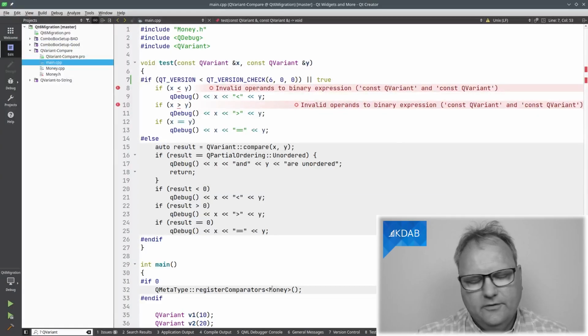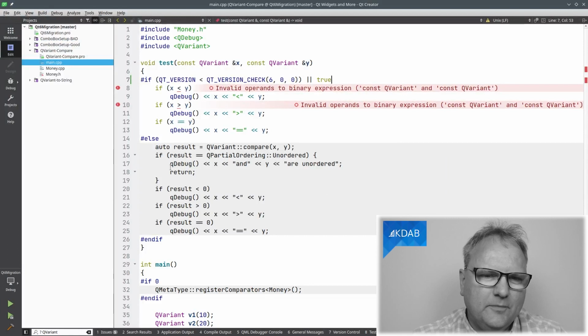Okay, I admit I am smoking a wee bit too much QVariants in my code base, because it's nice to have either a money or a percentage value or something else, and then going from the models to the view, you do not need to worry too much about that. I had one more place where I had a problem with this, because I had some QVariants that came in from a file, and then I was comparing them with operator less than. The code looks something like this.